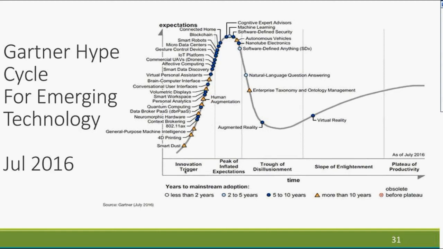The first part, the innovation trigger, is a space where one person in the garage is trying to do something crazy and create the next Google or Microsoft or Amazon. For example, there's something called 4D printing. We haven't even figured out 3D printing yet, right? And there's somebody figuring out 4D printing. So those are very early startup thinkings, and most people haven't heard about them.